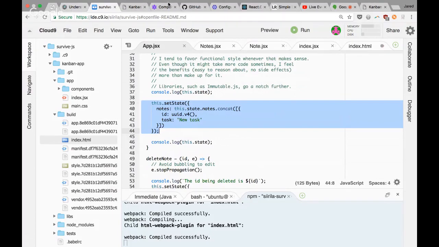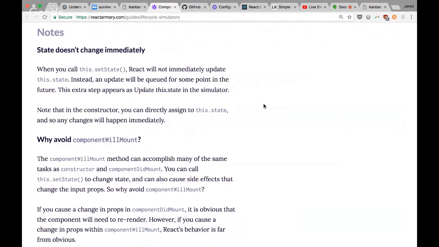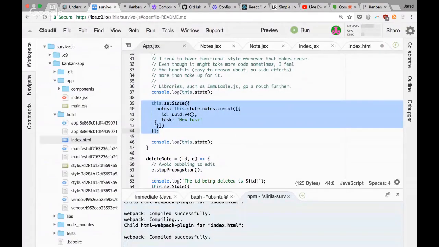And how can I hook into that state changing and know that it's changed? Well, there's a couple different ways. One is you can pass a second parameter to setState that says to do this after the state has changed, and that can be a function. So if we wanted to do that,